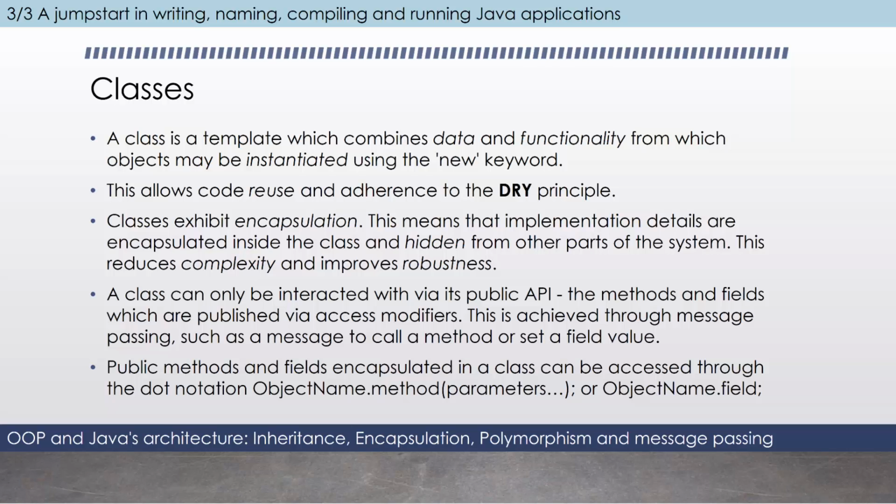So a class is basically, or can be thought of as, a template. It's a blueprint for creating something. Think of it like cars. You've got a blueprint for a car. That is not a car. It's just the instructions on how to build a car. When you actually produce a car, that is the same as instantiating or creating an instance of the object. And you can create more than one car from the blueprint for a car,